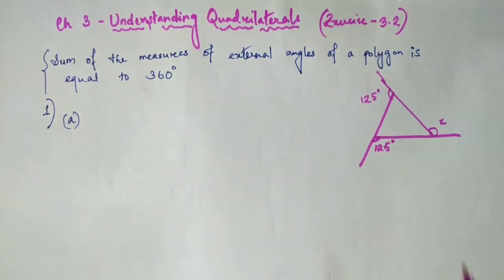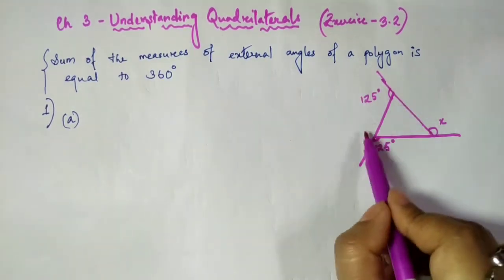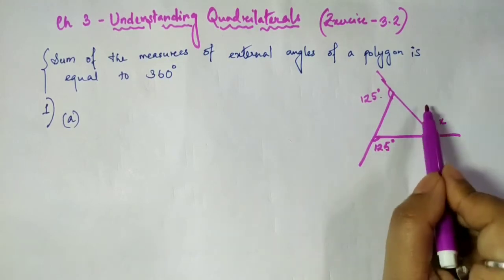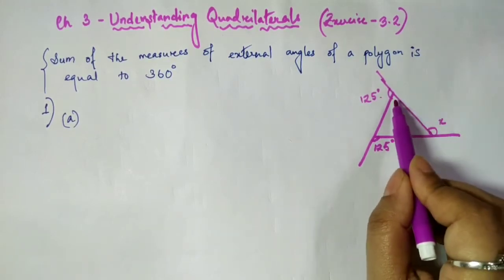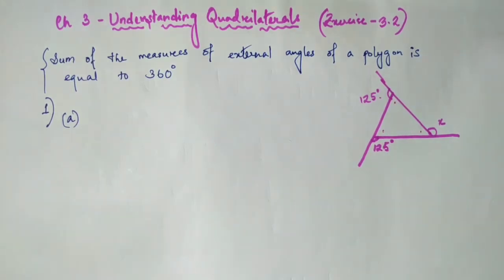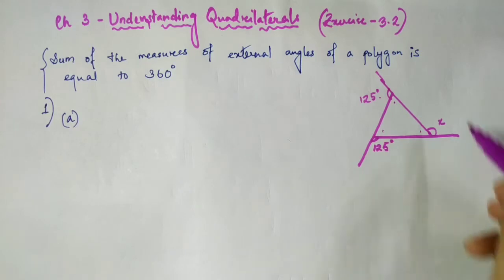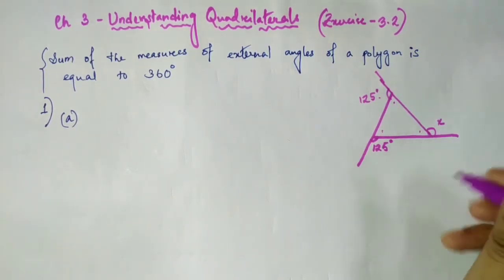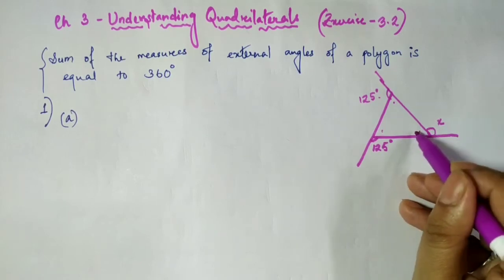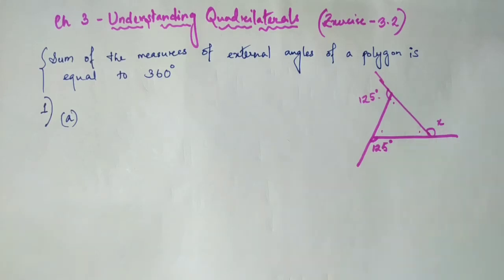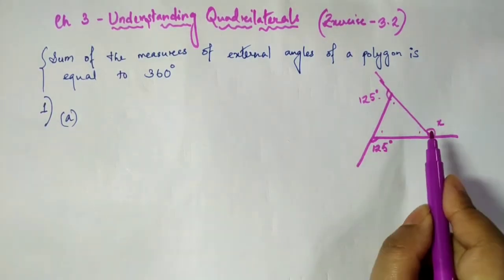Now if you see, this is a triangle, right? It has 3 sides. This is an exterior angle, this is another exterior angle, and this is the third exterior angle. And the ones with the dots are the interior angles of the polygon. Now we are asked to find x here. We don't know the value of this particular angle, so we cannot do that. This is a linear pair and we'd subtract this from 180 to get x, but that is not possible. Even the other 2 angles are not given.